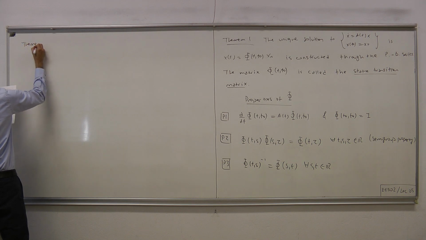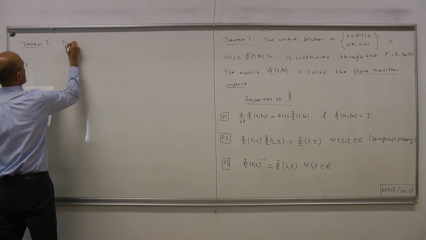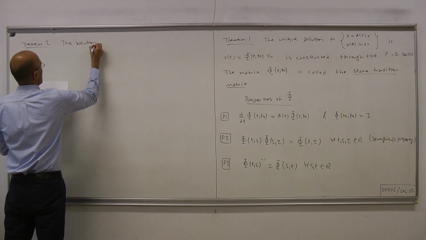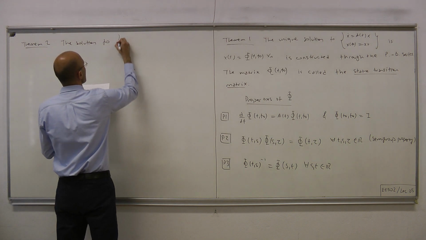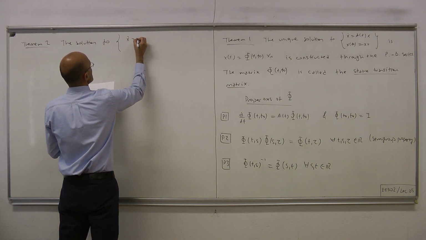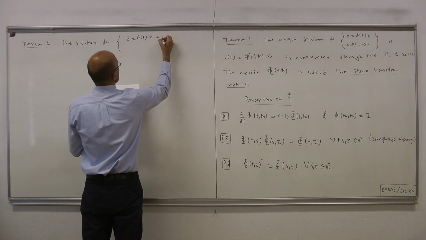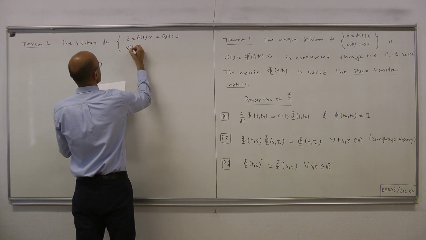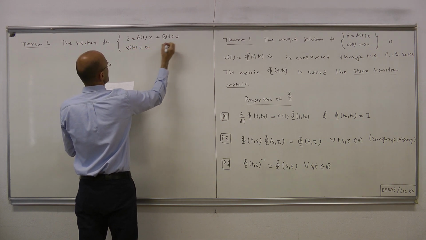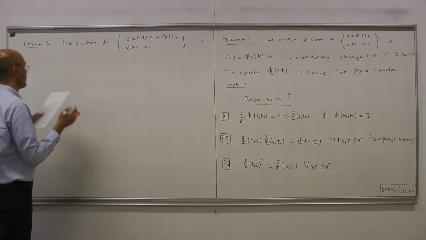Theorem 2. The solution to the non-homogeneous case, that is x dot equals A(t) x plus B(t) u, x(t0) equals x0, is